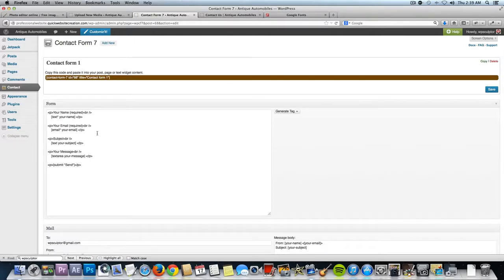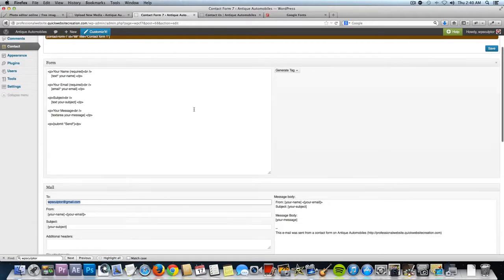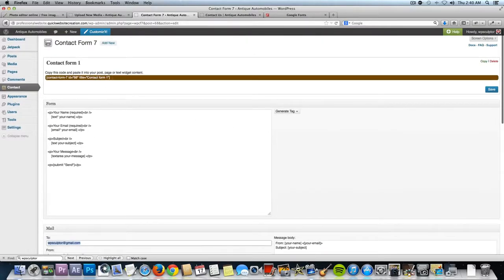The default contact form is going to have a space for people to put in their name, their email, the subject of their contact form, and their message. And it's also going to mail a copy of that form when it's submitted to the email address that you provided at the very beginning when we downloaded WordPress onto your hosting account. Now you could of course change this by deleting this and typing in a new email address, and then you would want to save that. But we're going to leave it as it is, and to put this contact form on our contact page, we're going to copy the text here,